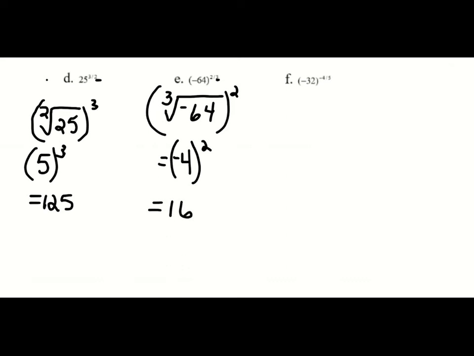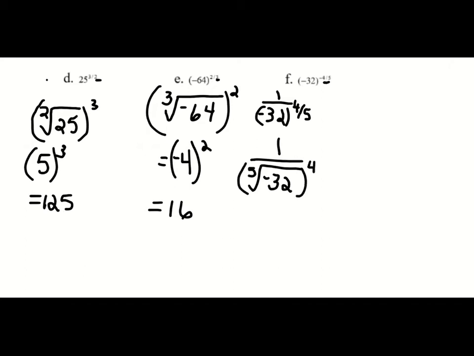And then our last one here, we do have a negative exponent. So we are going to flip it. So we're going to make it 1 over negative 32 to the 4/5 power. And then we're going to put it in radical form. So it would be negative 32 is my radicand, 5 is my index, and then we'll raise it to the